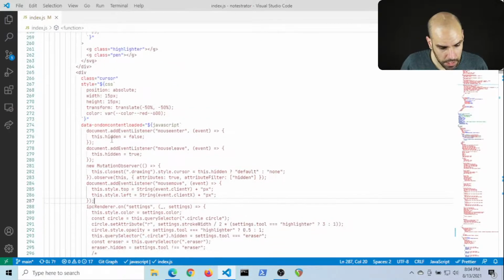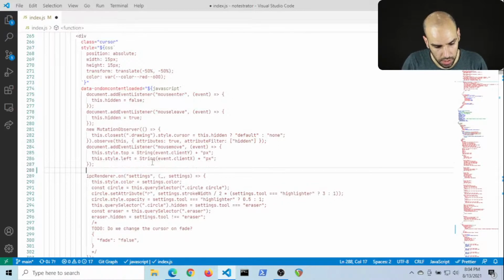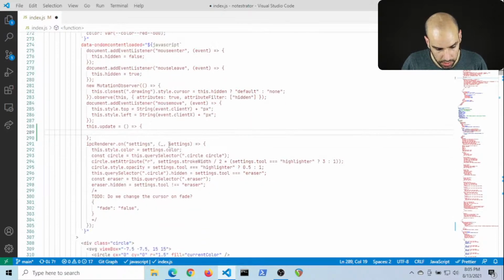Who is listening for that? The custom cursor itself. So how about I define a function? This dot update will be a function that does this.